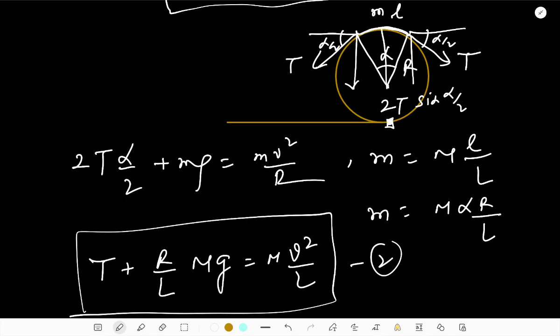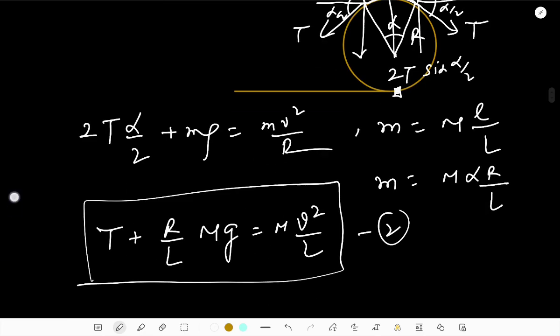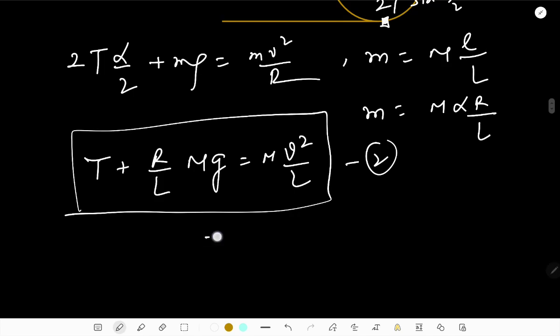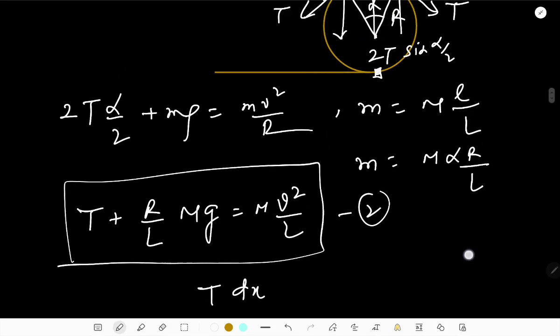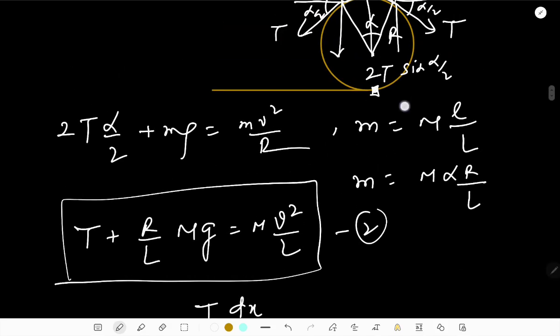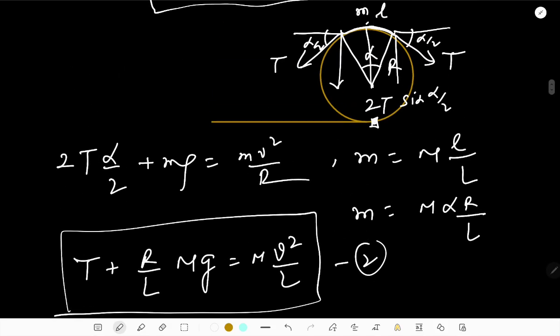Then you should use the idea: the train speed has not changed and we displaced it by a point distance dx. Then work done by the tension will be simply T dx, and it means you have just pulled a point of length dx from this point to the top,